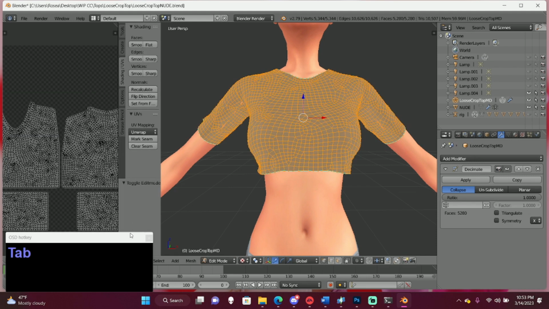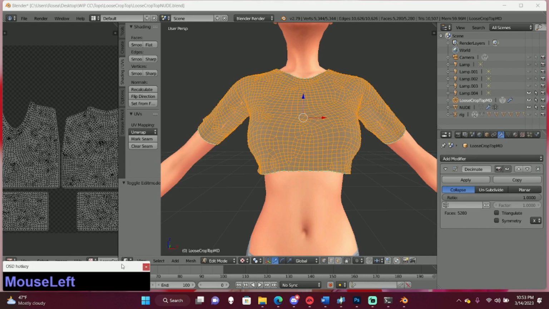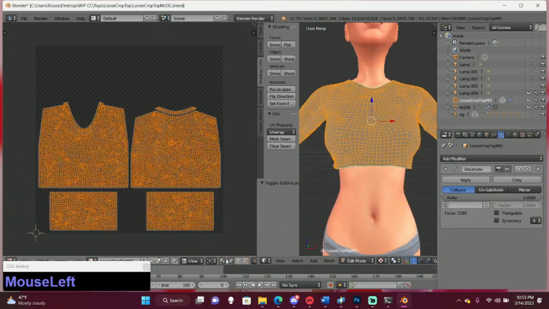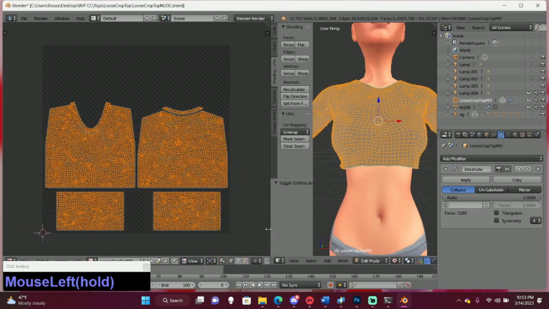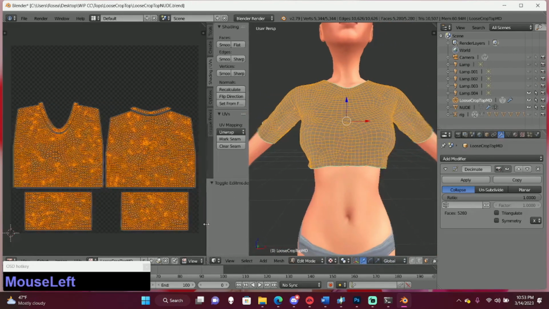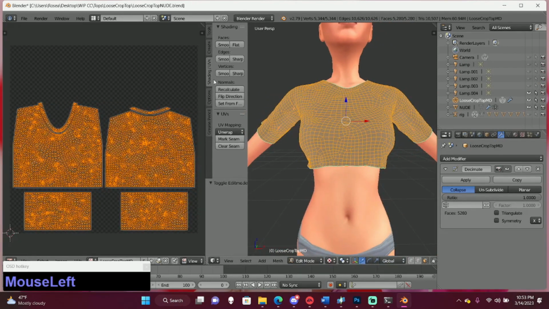First highlight everything by pressing A, and also make sure you open this up, click this, and then click faces. And we're going to click under shading and UV, click all these boxes.